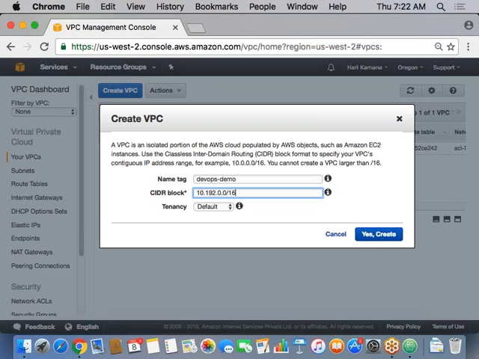Sometimes choosing this range is also important. Let's say we have an on-premise network and we are also in the cloud. There is a company which has its own network on-premise plus some portion in the cloud. If you want to club these two, the cloud infrastructure with the on-premise network,